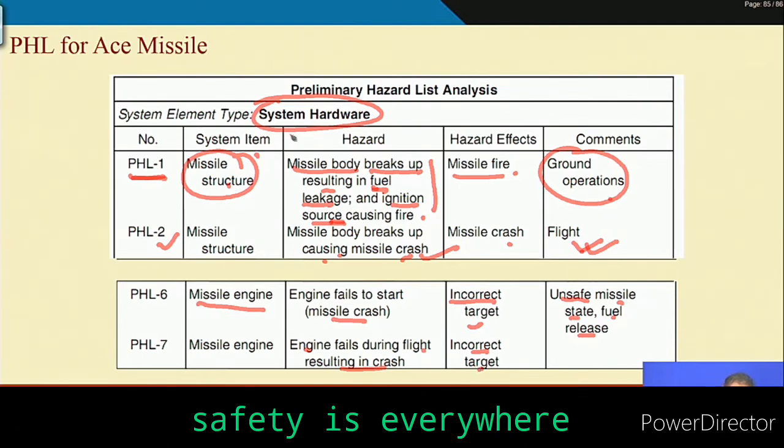Once you take all the system element types from hardware to software to human error, when you make the entire system breakdown structure and find all the system items, for every system item you may have one or multiple hazards. Once you list them for a system, there may be hundreds of hazards. That list is important, we want to find it out. For this system there will be many more hazards, but I have shown only 1, 2, 3, 4, but the list is very long. I request all of you to go through this book written by Ericsson. It is a very interesting book, and a lot of explanations are given for this.